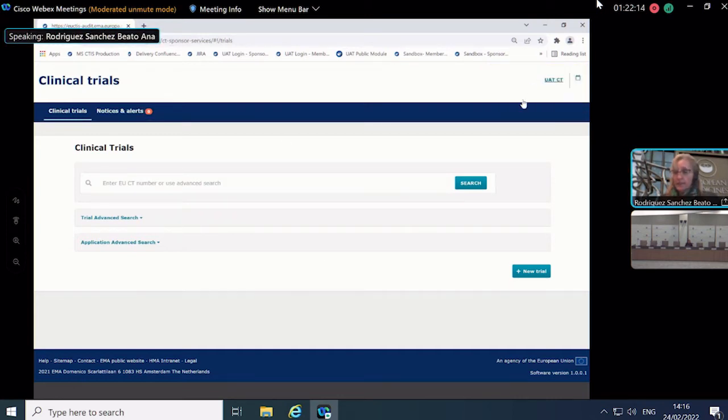As you see here, there is a message at the top right that encourages you to record your employer information. And in fact, this is what we are going to do. And I want to emphasize, and please take note of this, that it is very, very important that any user, when logging in to the system, indicates who their employer is. And by employer, we mean their employer, not the sponsor organization for which this user is working.